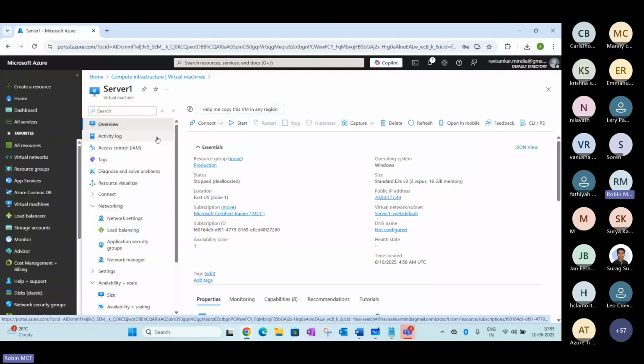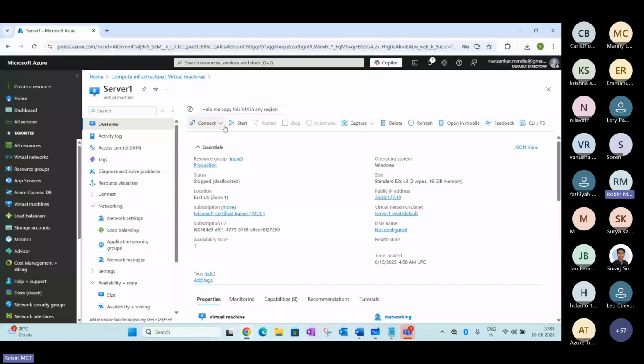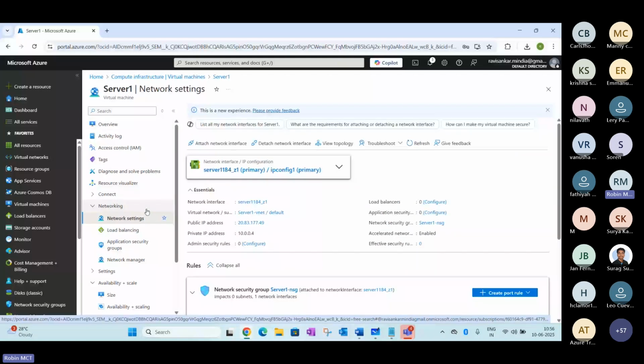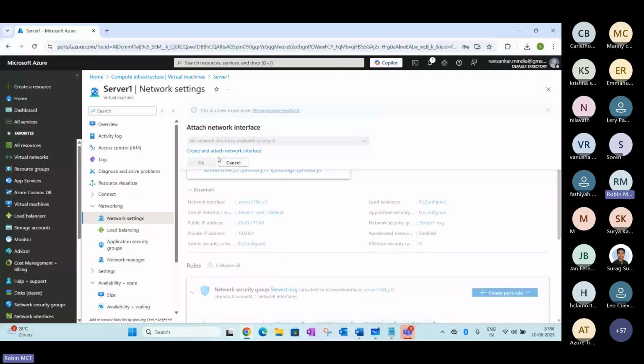You can see here that an option has been made available. The server is down right now, and I'm just trying to create a server here. The server is in an off state. Someone has been looking for an additional network card here. You can see the option to attach a network interface card. Right now we are getting an option for attaching a network interface card, and I'm trying to connect it here.